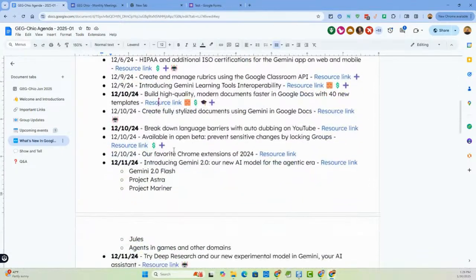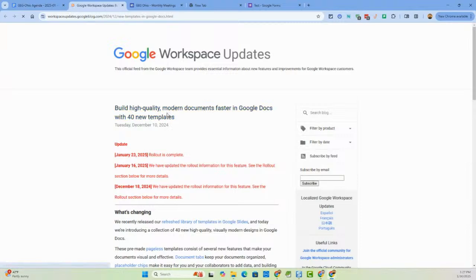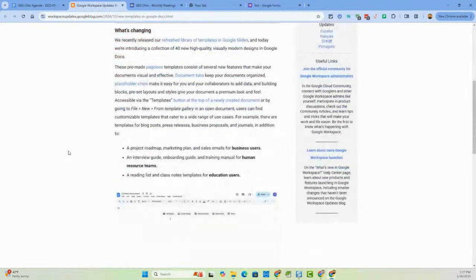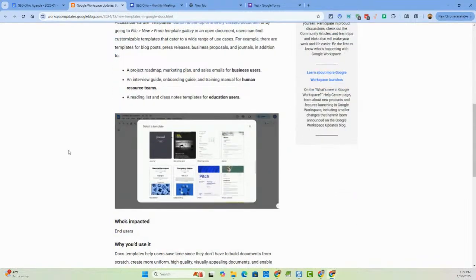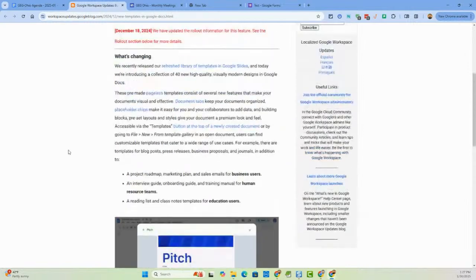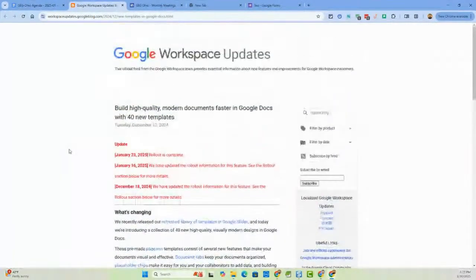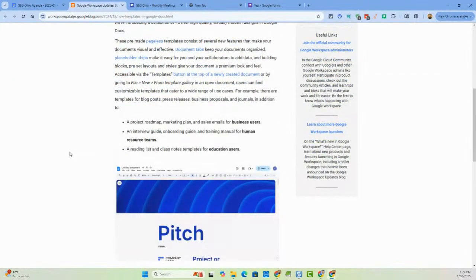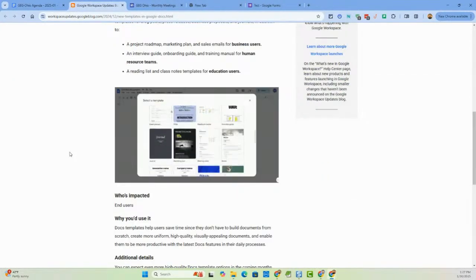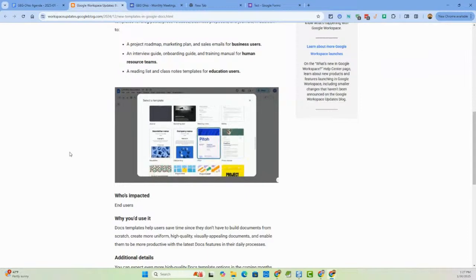So next down, build high-quality modern documents faster in Google Docs with 40 new templates. Google Docs has now added a new set of 40 templates. They're cool, they're neat, but it's a little confusing how this has been done. As much as I'd like to say this is just a really neat new update, I think it's critical that we talk about it because it has changed the flow of how templates work